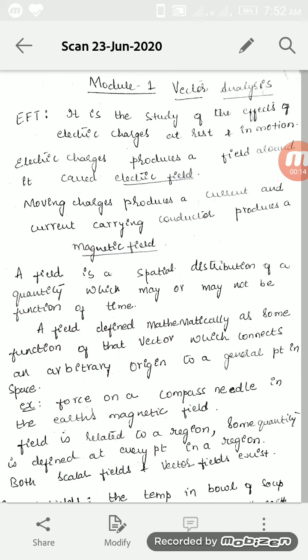As we have seen in network analysis, in circuit theory, the current, the voltage and all have a path to move. There is a line, a transmission line, and we show the line having resistance, inductance and capacitance. But here, where the waves are moving, how the signals are moving from satellite communications, how the waves are moving between two mobiles, how an antenna is receiving the signal, all these waves are moving in space.